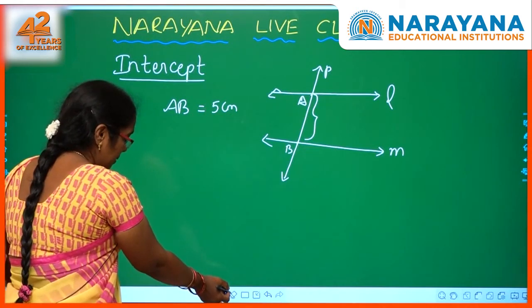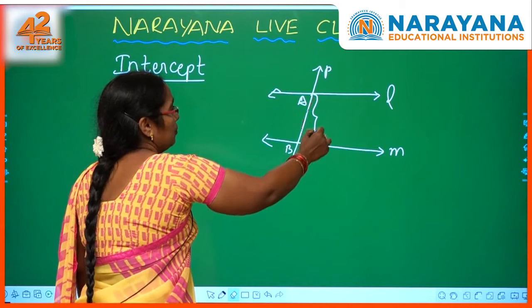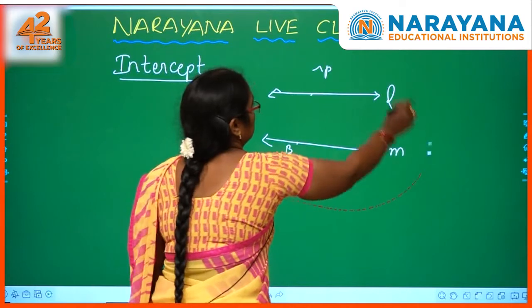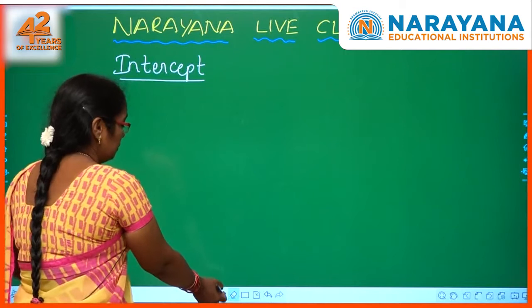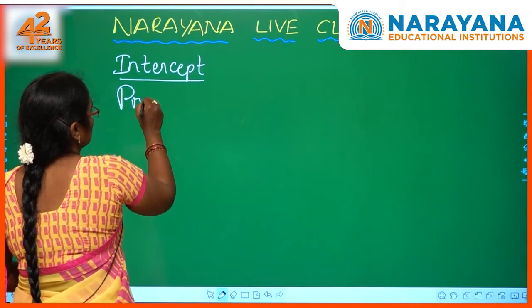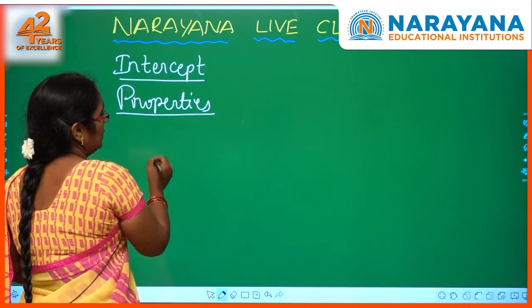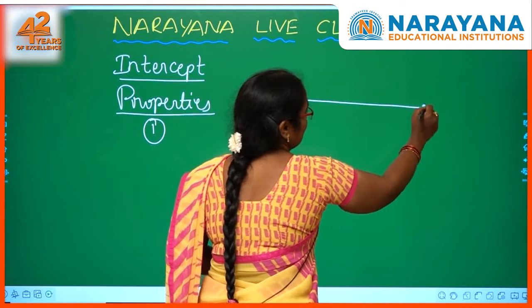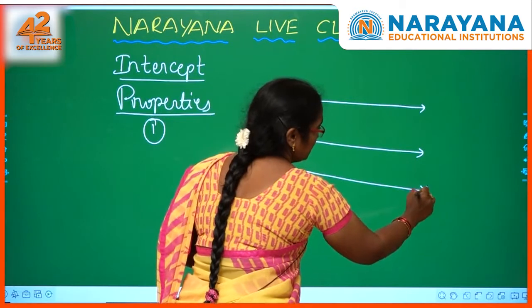Next. Let us see the properties of intercept. Okay. So in that, first property is, if three lines are intersected by two transversals,